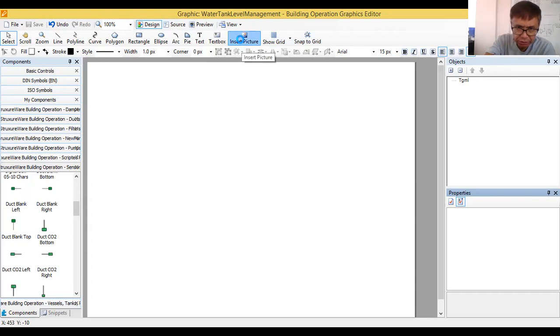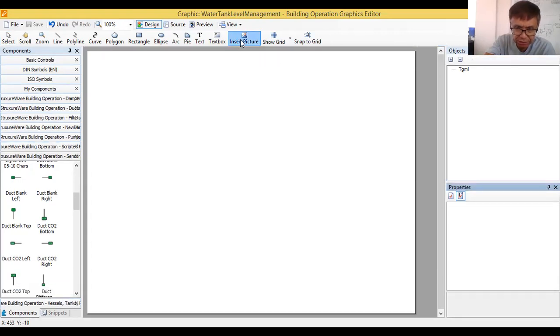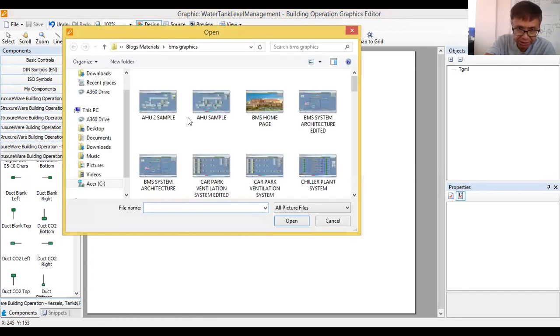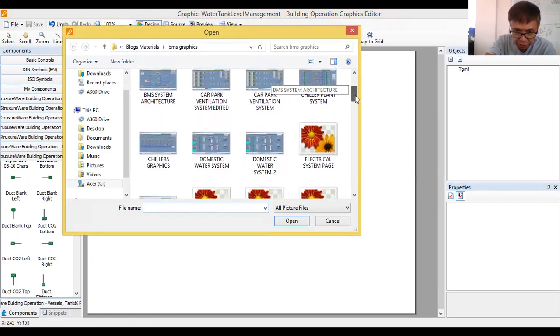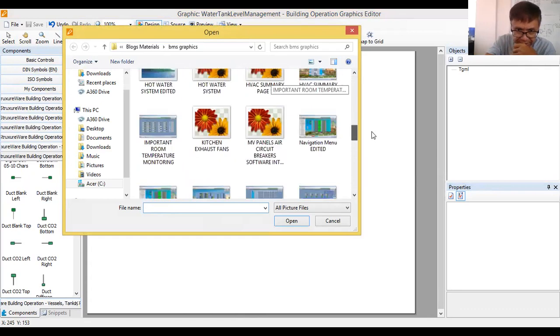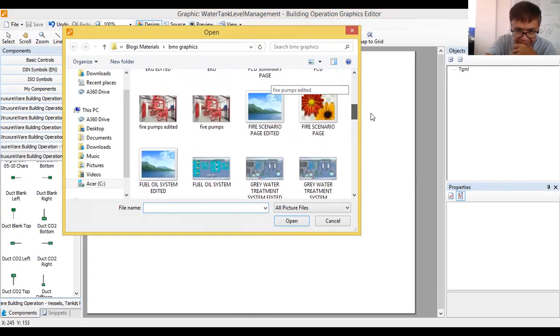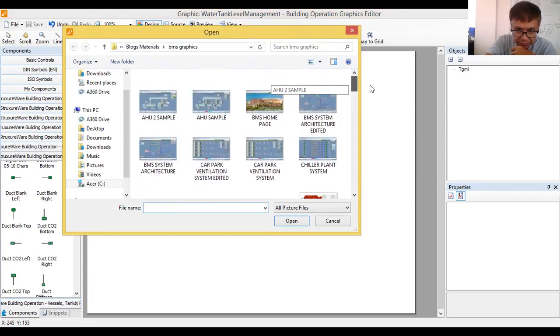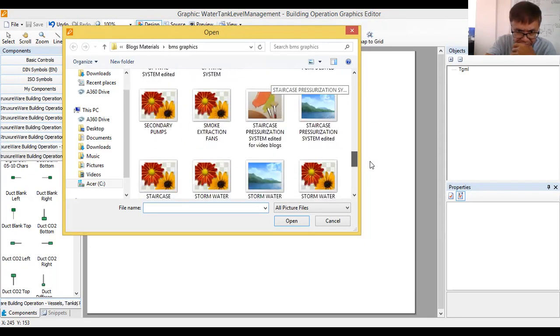Click this insert picture, then click in the window where you want to put it. Then select the picture that you want to insert. Let me select this. I think that is okay. What is that one? Water tank level management.